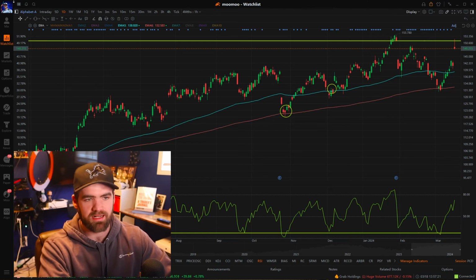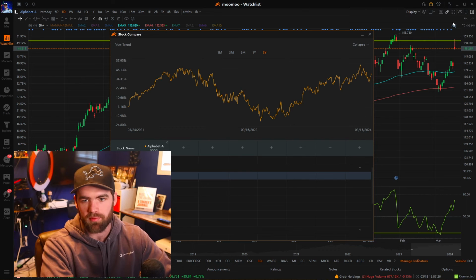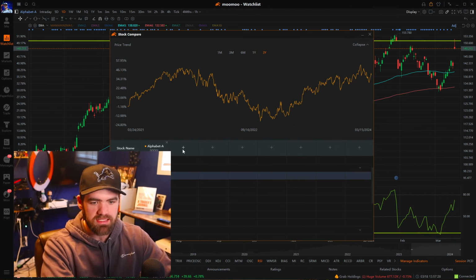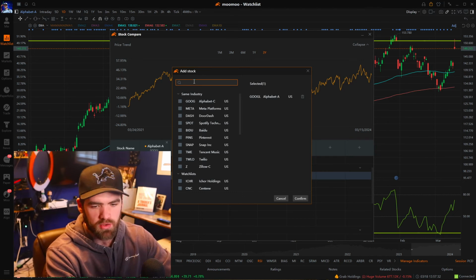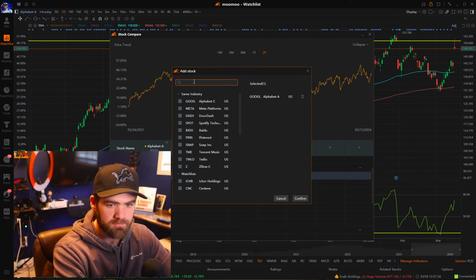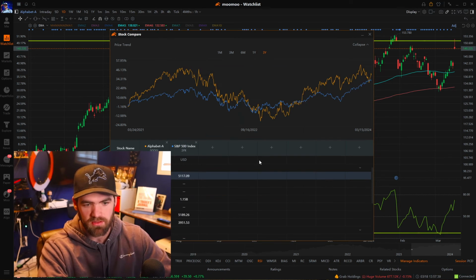Another cool thing that I think a lot of people don't realize is they have this versus tab up on the right hand corner. So you guys can put in different things. So you guys can see how Google is doing versus like the S&P 500. And you guys can put it in, click confirm,